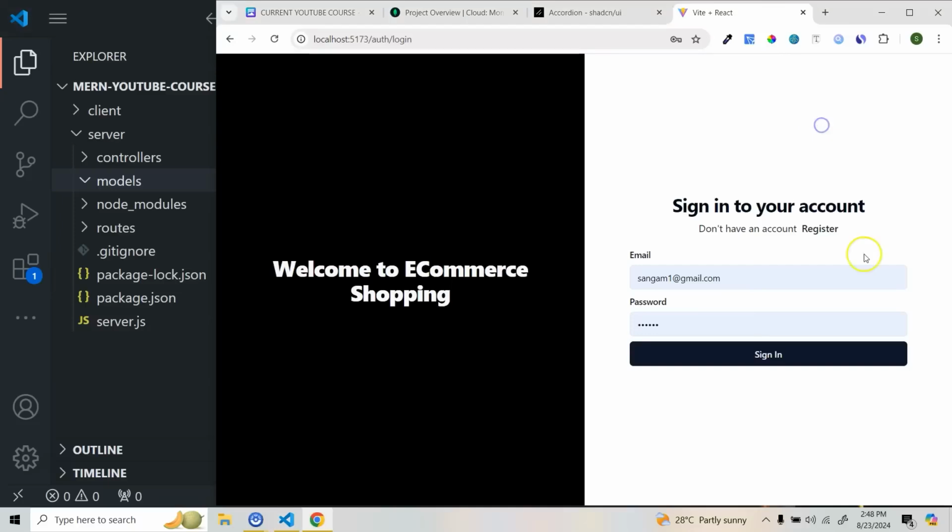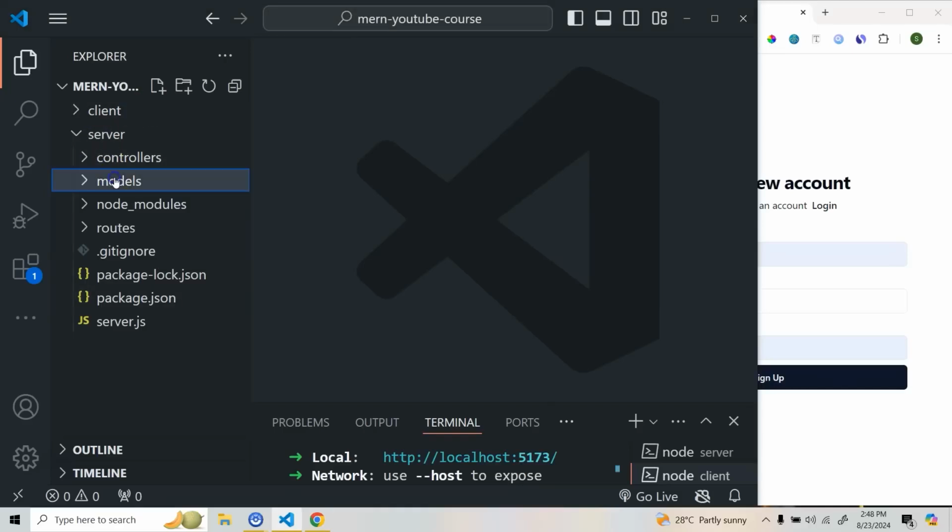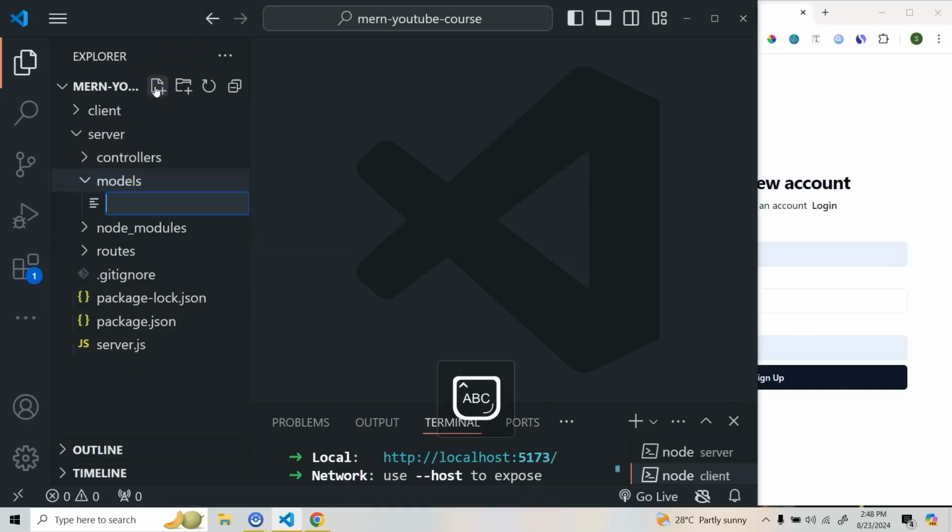So first we will create our register page. Register will have a username, correct? It will have an email, it will have a password, and also it will have a role. Role will always default to user because there will be only one super admin, something like that. So here I'm going to create a model and let's give this a name as